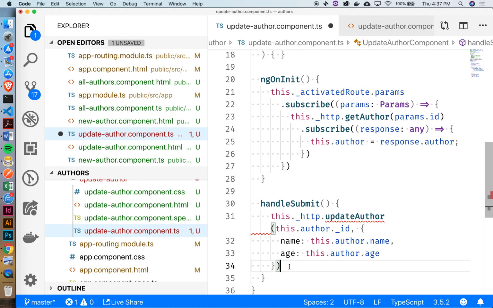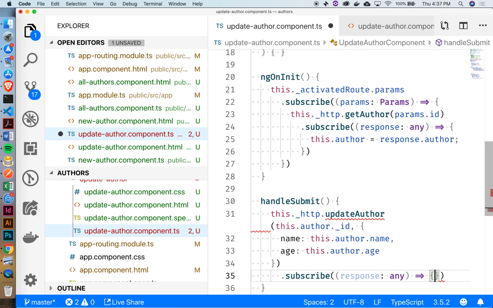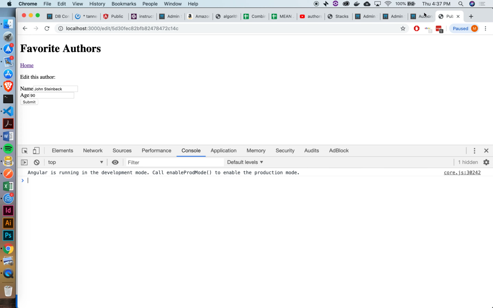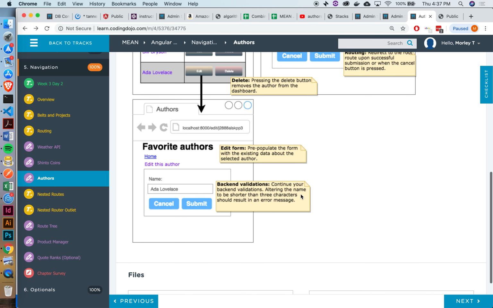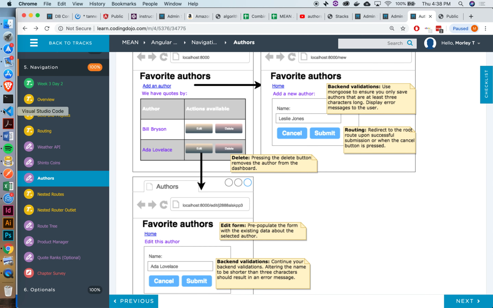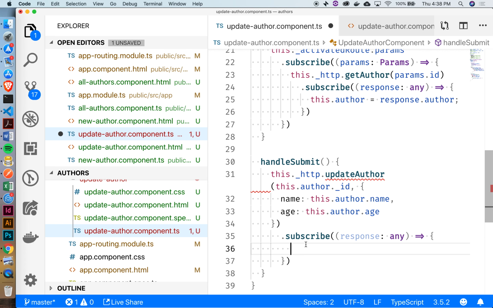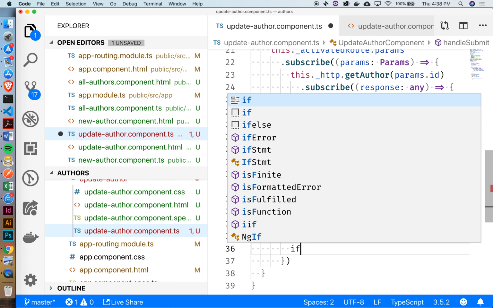So we're going to update the author, and then we're going to subscribe to that response. And then what do they want us to do? Go somewhere? Go to the home route or something? Pre-populate, continue. Oh, it doesn't really say. Yeah, let's just do that because I think it would be kind of silly to not do anything at all. Okay, let's do that. All right, so after this is done, let's assume that the, well, actually no, we can't assume. So if response has errors,